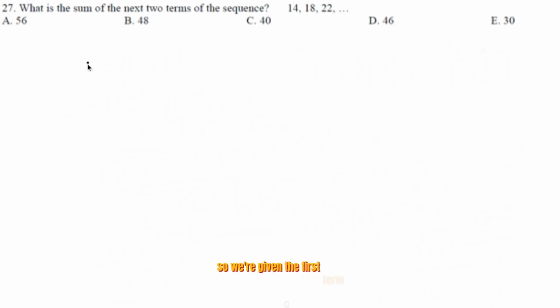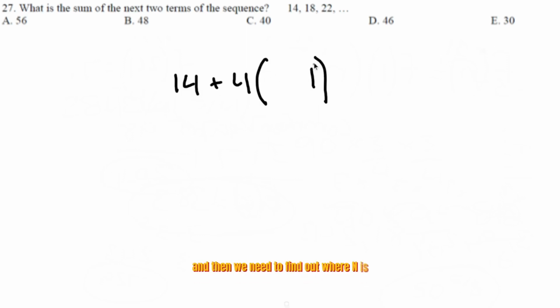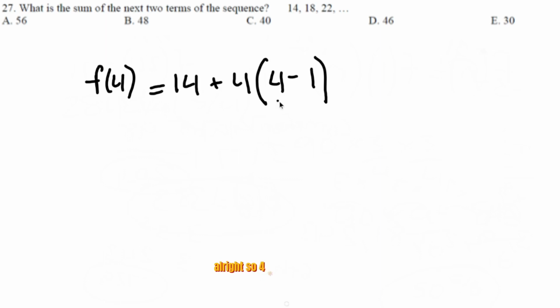So we're given the first term, which is 14, and we're given the common difference, which is 4, and we need to find out what our n is. So our n in this case is the 4th term and the 5th term. So let's find out the 4th term first. So 14 plus 4 times 4 minus 1, and this equals f of 4. Alright, so 4 times 4 minus 1 is just 4 times 3. 4 times 3 is 12. 12 plus 14 is 26. So f of 4